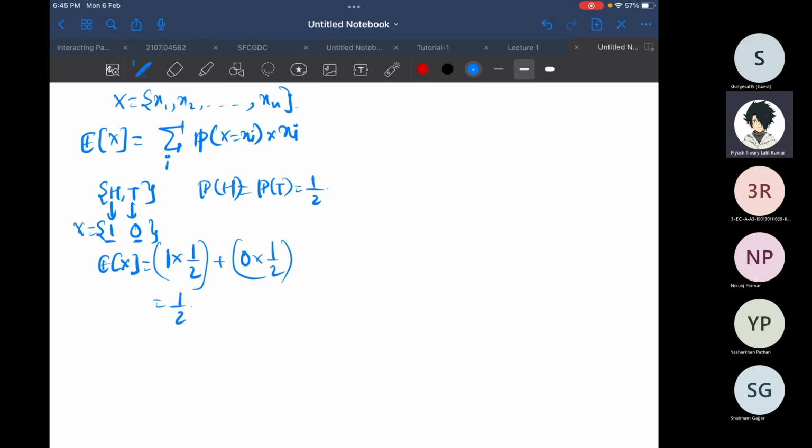So you can see, since it was a fair coin, half of the times it is going to be 0 and half of the times it is going to be 1, I am saying that the value of x is roughly half. It doesn't mean that x is going to take the value half, because x can only take the value 0 and 1. It is just a mathematical intuition that since both of them are half, I cannot say what is going to come, so I am saying half. That is what is meant by expectation, vaguely.